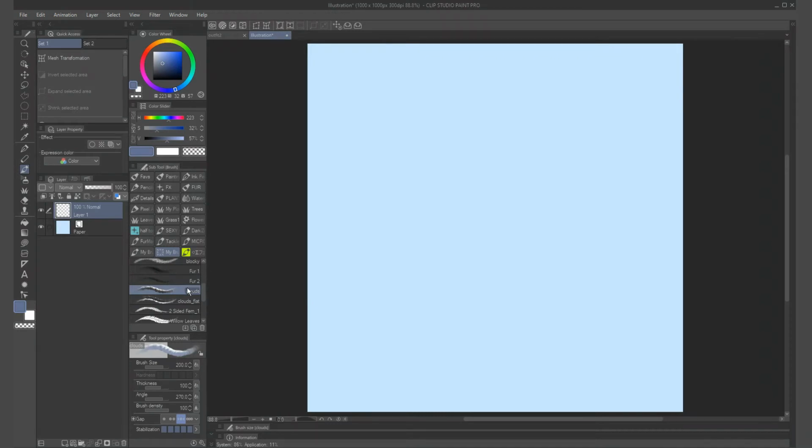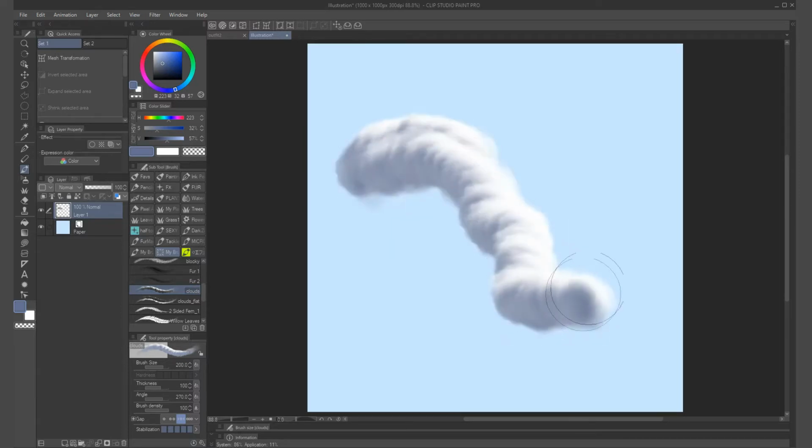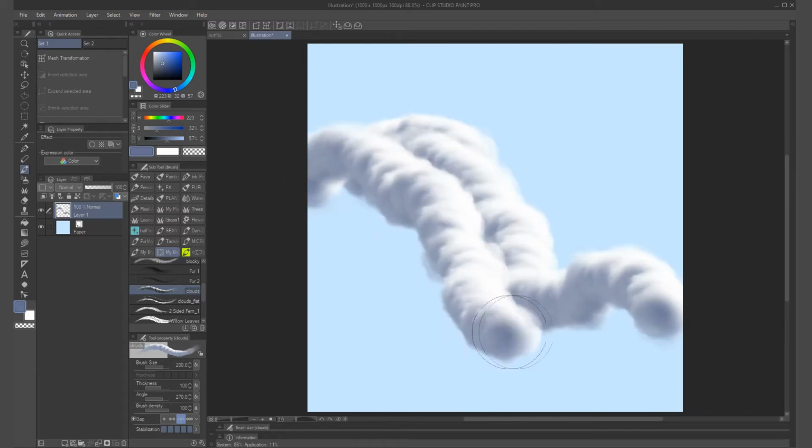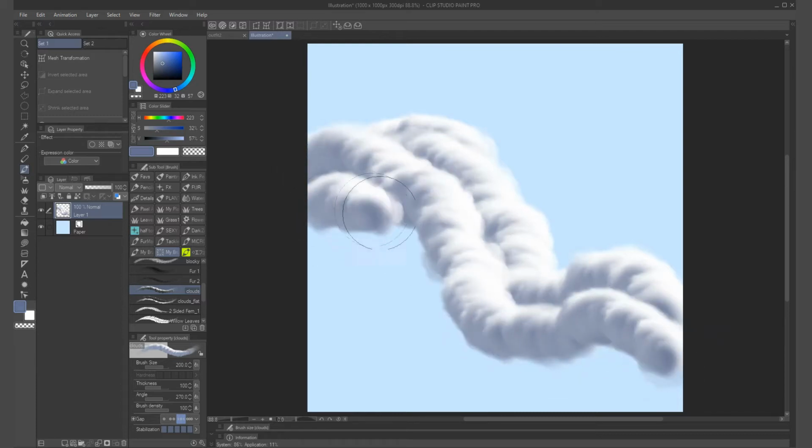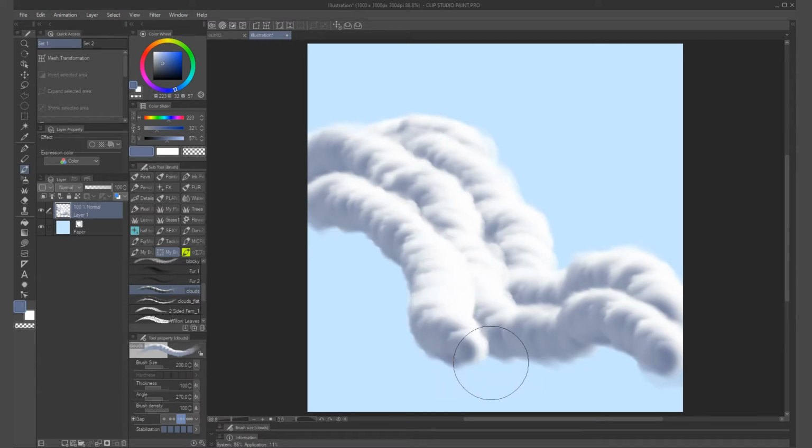My first tip for you is that you need to learn how to make your own brushes. Clip Studio has a very advanced brush engine, which is extremely versatile. And often, if you have a very specific situation, you can quickly make a custom brush instead of spending hours to find it on the internet. I'll cover how to make brushes in another video, but I just felt like it's something that not a lot of people know how to do, but it's extremely important.